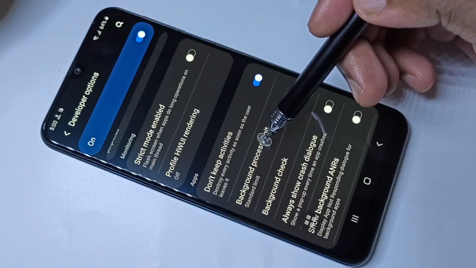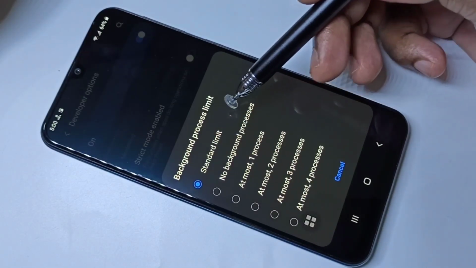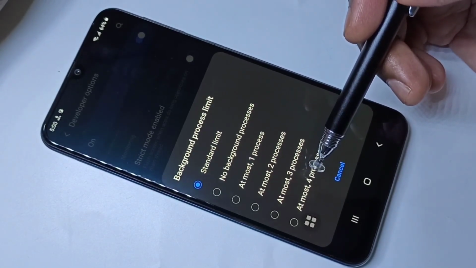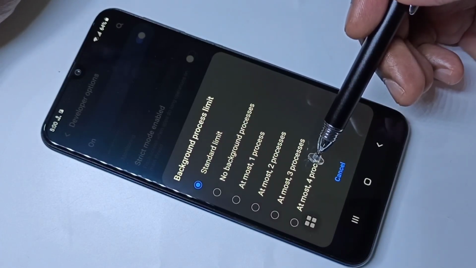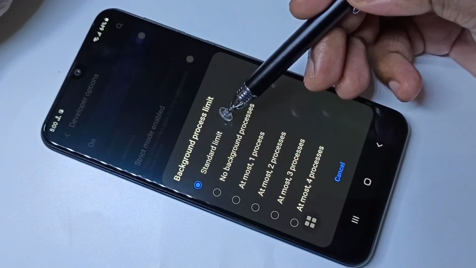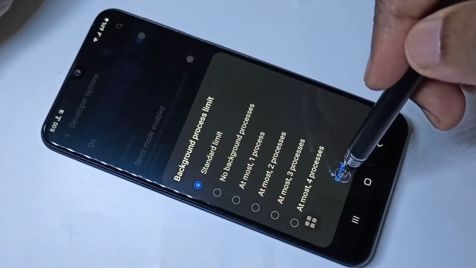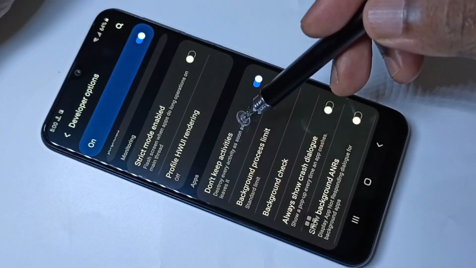Then the background process limit. If you change it, it will not make any improvement. I tried it. Even if you change it, when you reboot the phone, it automatically reverts back to the standard limit. So there is no use with this option. Okay, so you can select this option, don't keep activities.